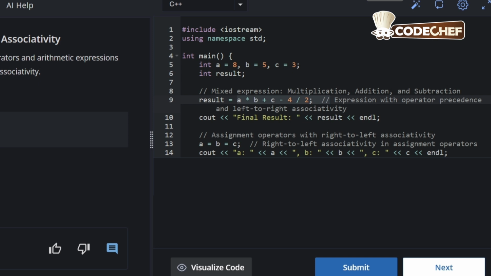So A * B + C - 4 / 2. Here the associativity will be left to right. 4 divided by 2 will be calculated first, its answer will be 2. Then A multiplied by B, so 8 multiplied by 5 is 40. Then 40 plus C, C is 3, so it is 43, and 43 minus 2 is 41. So the value of variable result will be 41. Cout in double inverted commas, final result: then the value of result will be printed, which is 41, endl